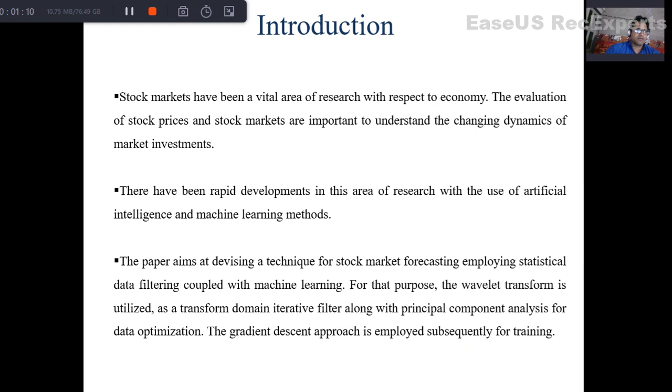Introduction. So basically, a lot of financial firms invest in the stock market to gain a profit. Stock market price prediction is a very difficult task because the stock market is highly random and volatile in nature. Accurate forecasting is even more challenging due to the large data sets and random nature of stock market price movement.